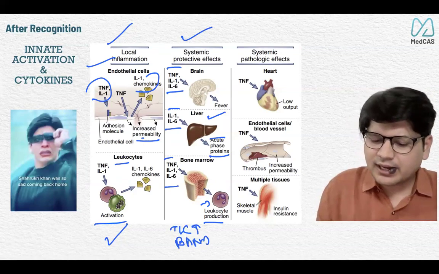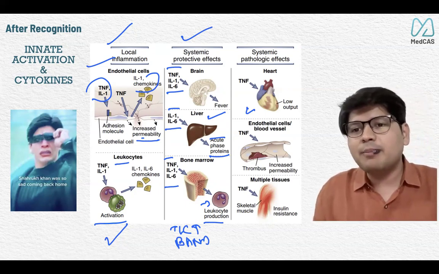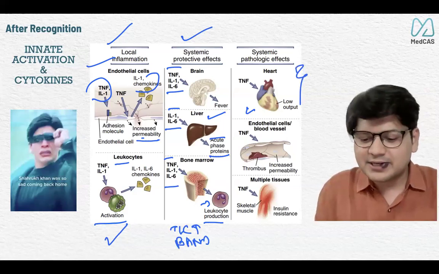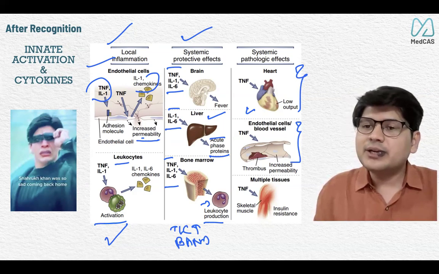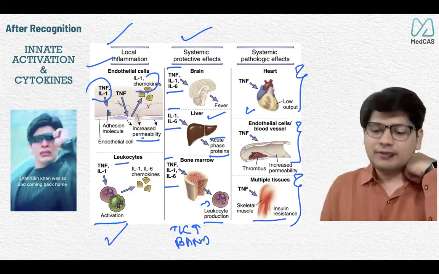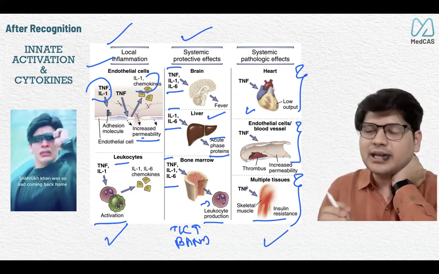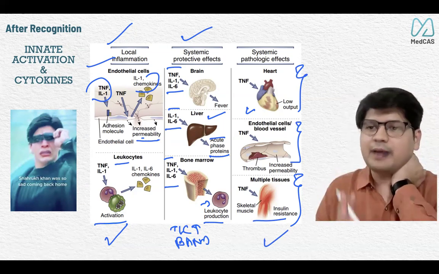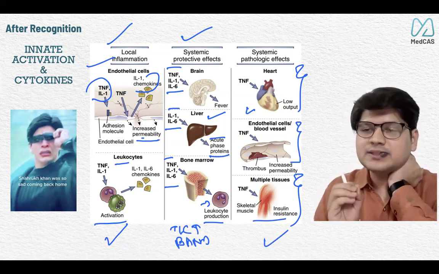It also affects the heart, and we say, oh, output is low, septic cardiomyopathy, right? That is a result of this. Then there is endothelial dysfunction, which may lead to DIC and capillary leak, right? And then there is myalgia and insulin resistance. So we have seen this in clinic. We just do not think sometimes about why all these things are happening, what the inside molecular mechanisms are.